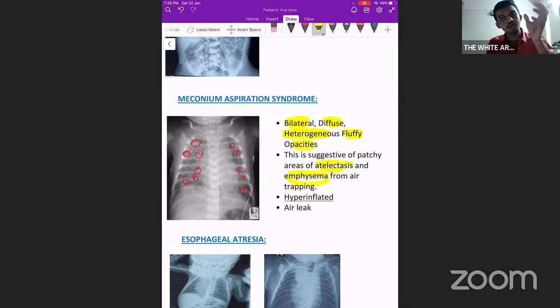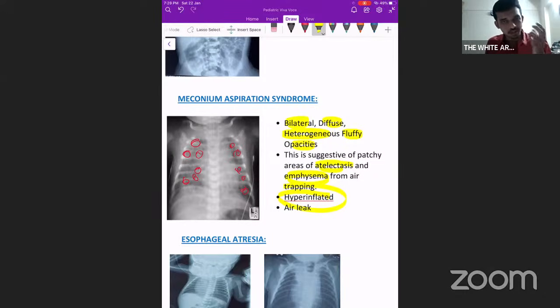Atelectasis is because a few of the airways get blocked and that part of the lung will collapse. Correct? That will lead to atelectasis, and airway obstruction can also cause emphysema, so there will be hyperinflated lungs. Finally, it might cause an air leak, which will lead to pneumothorax as well, because